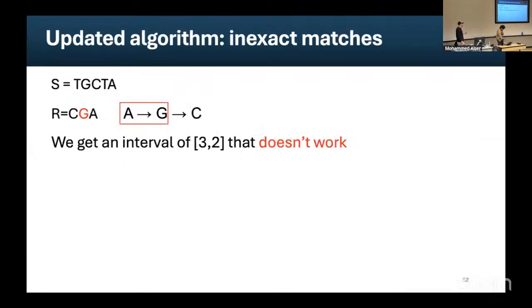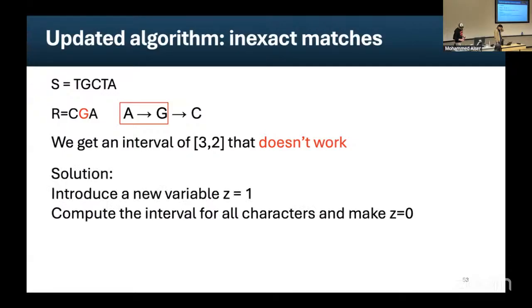And now what happens if we want to allow some mismatches? So consider that we have this read that doesn't actually match the reference. We start processing it, and we observe that the interval is 3 to 2, which means that the low is greater than the high, which means that this interval doesn't work and there is no direct match. So then we can introduce a new variable, and this will be the number of mismatches that we want